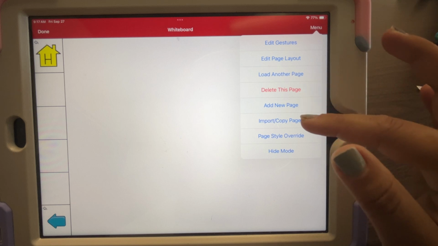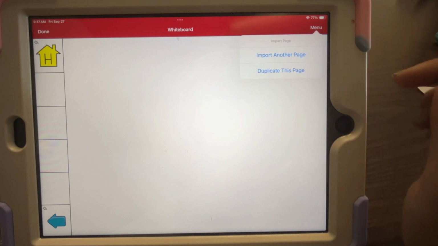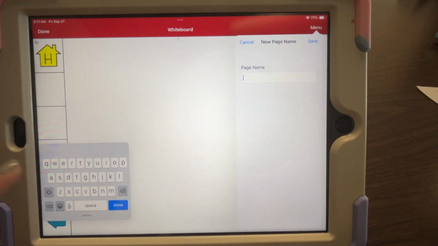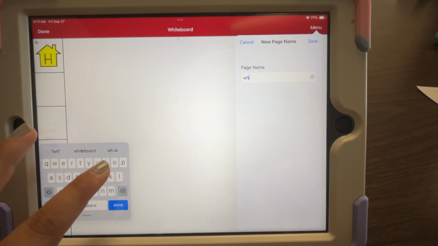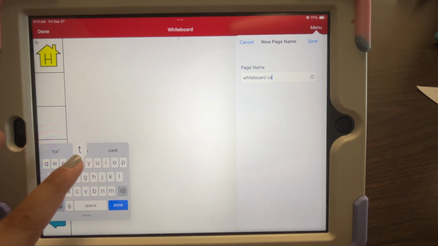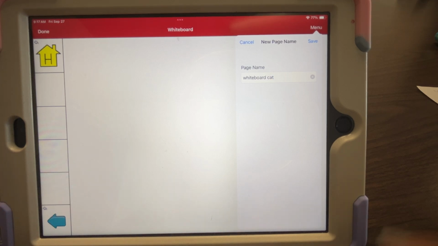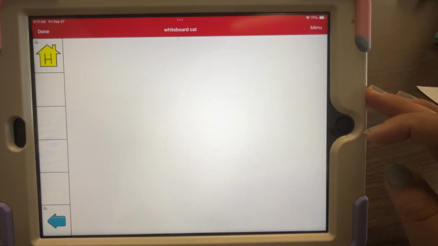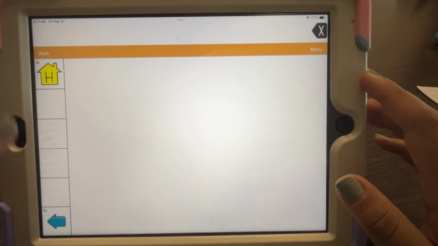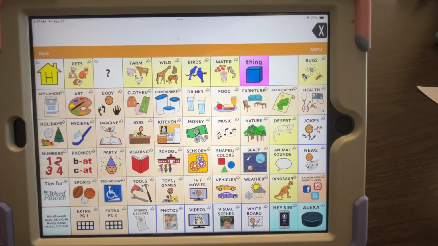I'm going to copy the page, duplicate it, and let's call this Whiteboard Cat. I'm going to push Done, save. So now Whiteboard Cat exists within the device,